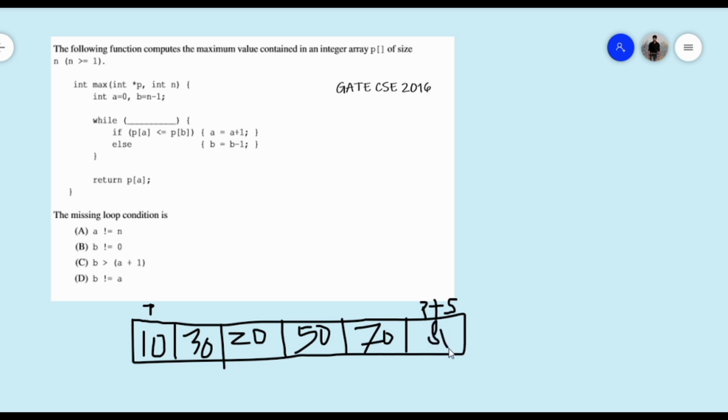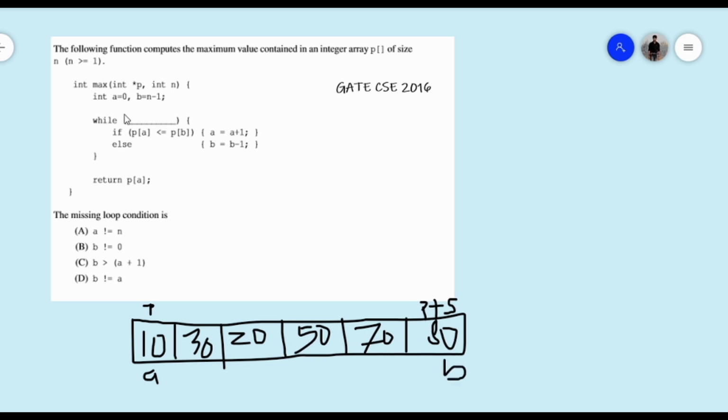Now here we have two variables A and B. A is 0 and B is n minus 1. Suppose the size of the array is n, and we start array indexing from 0, so suppose A is here and B is at the last.